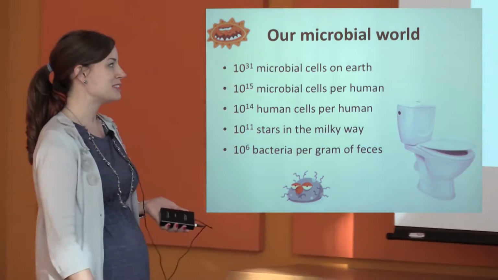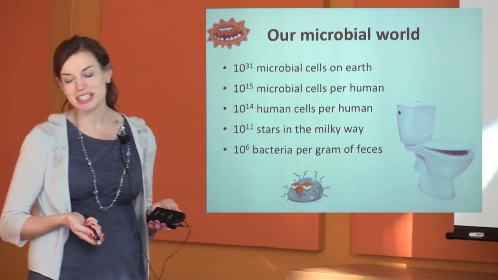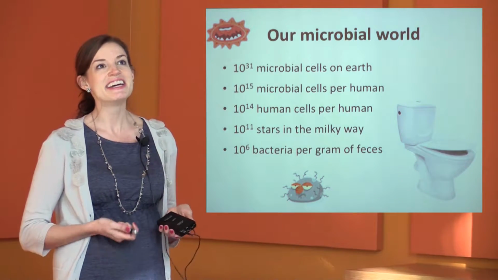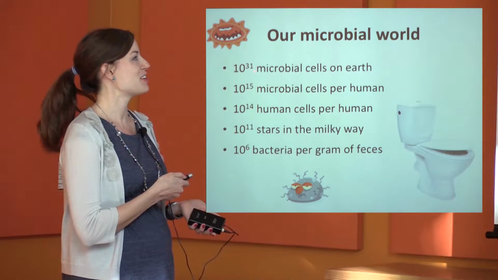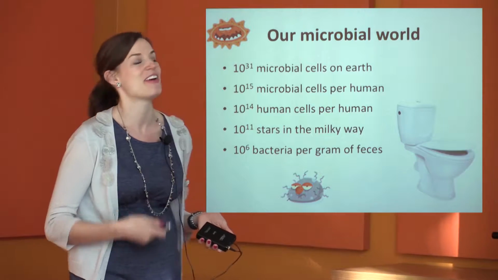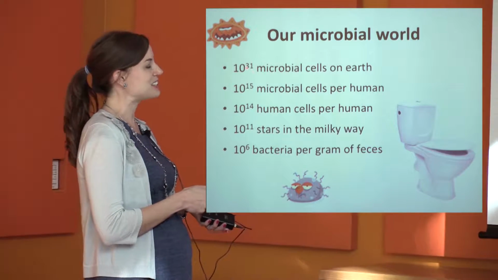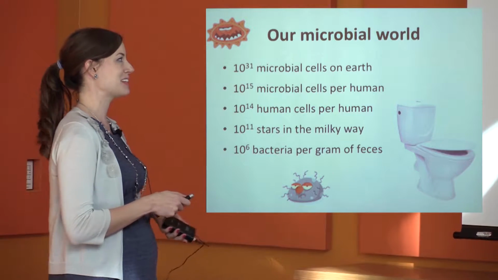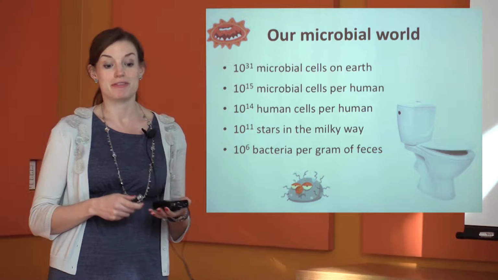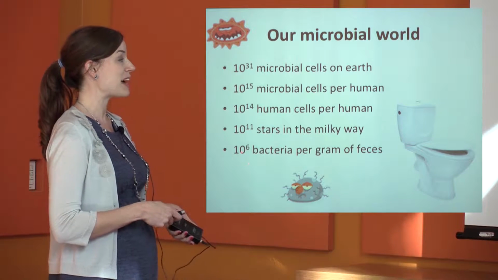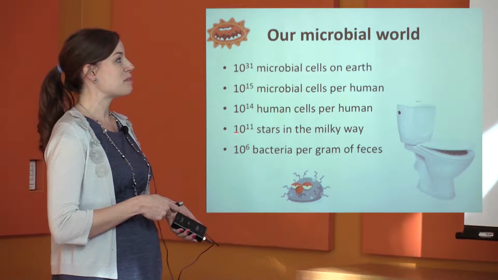So this puts things in perspective, I think. And I was showing this to my husband last night, and he was like, well, how do they know that there's 10 to the 31 microbial cells on the earth? And to be honest, I don't know. I think this is an estimate. They don't know that that's the case. But starting from here, we know that per gram of feces, there are 10 to the 6 bacteria. But if you put that into perspective in the stars of the Milky Way,